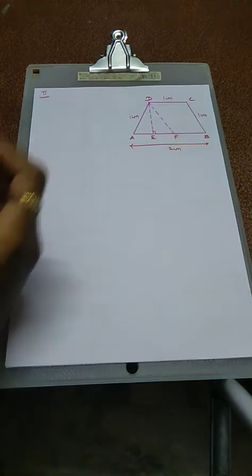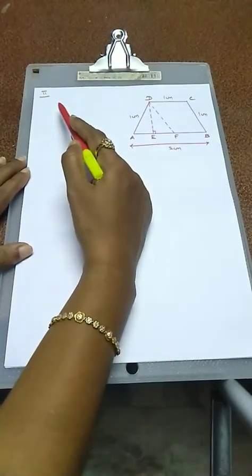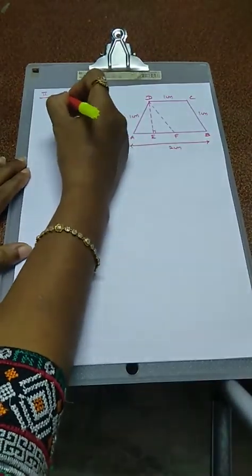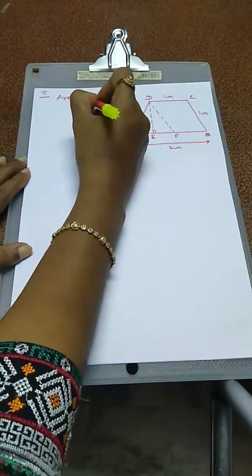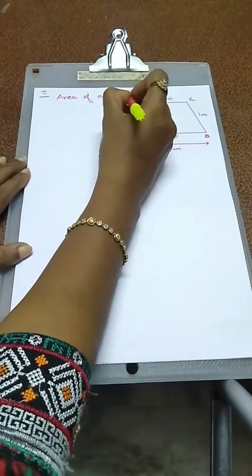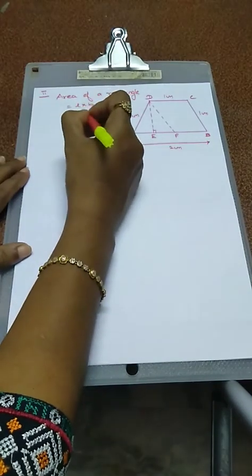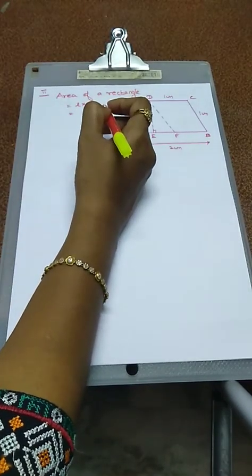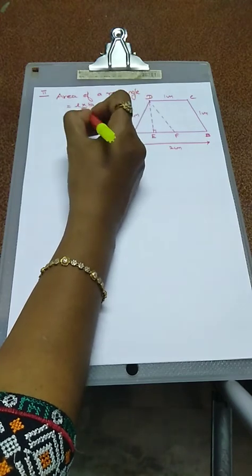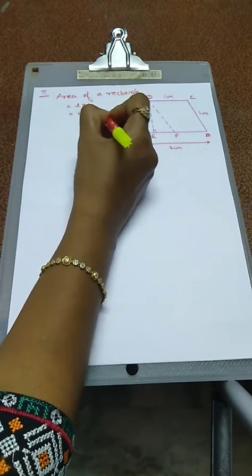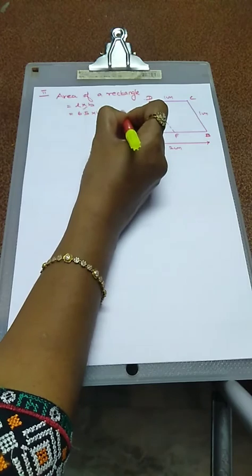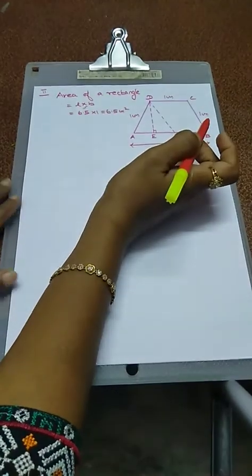Okay. Next we have to calculate the second part. Actually the second part is the rectangle. What is the formula for area of a rectangle? That is L into B square units. So what is our L value? L value is actually given, that is 6.5 into B value is 1. So the answer is 6.5 centimeter square. So second part answer over.